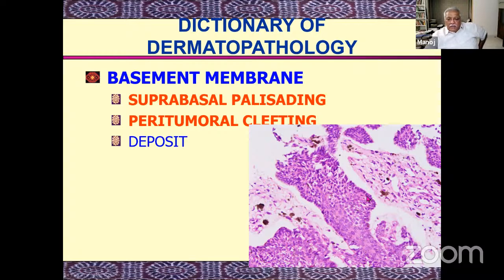This, as you can make out, is almost a normal basal layer in appearance. These are cells which are known as, actually, this is not a normal skin. This is a cancer, which is differentiating towards skin. And you can make out that these cells, the cells in the periphery, they have lost their connection with the